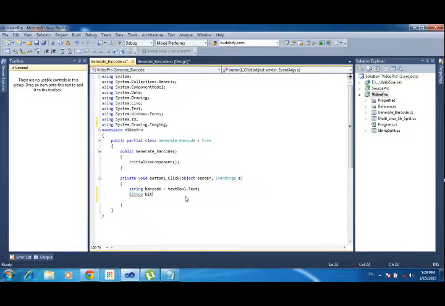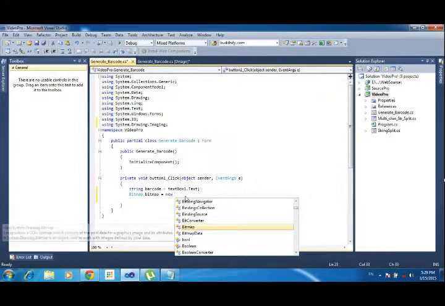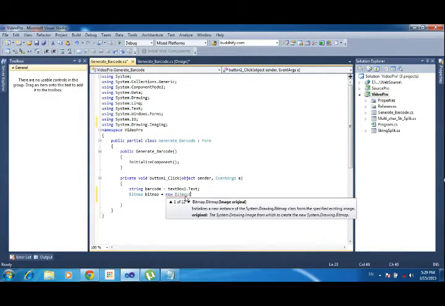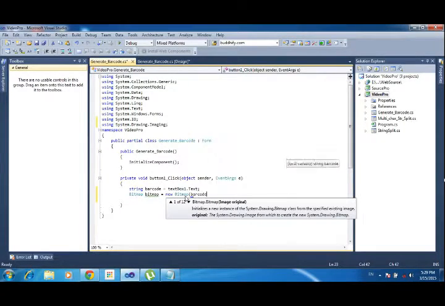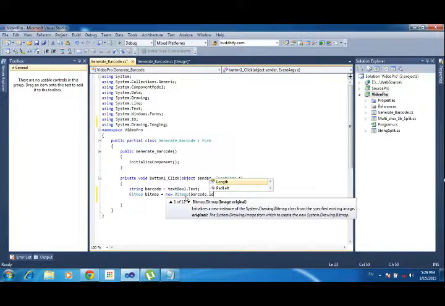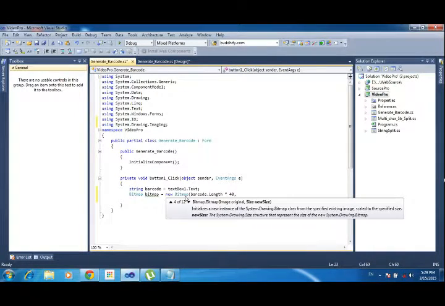So here, bitmap equals new Bitmap, barcode.Length times 40, comma 150.